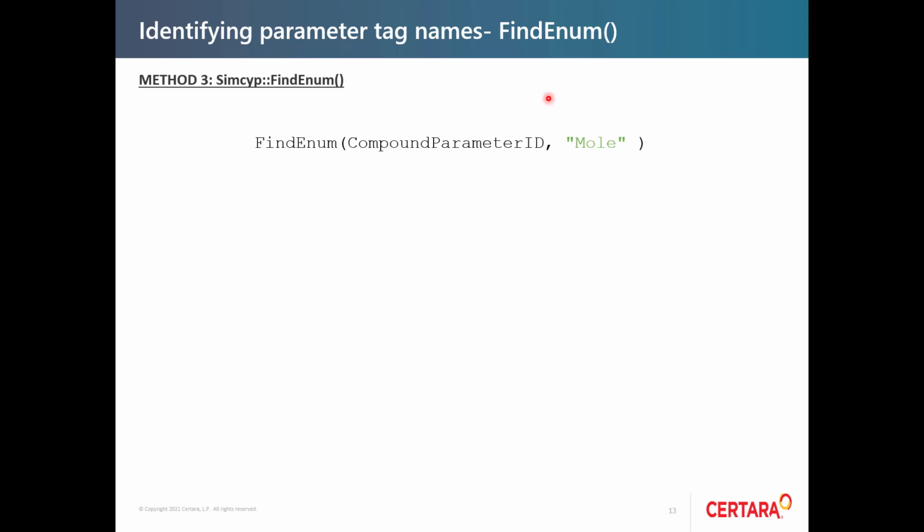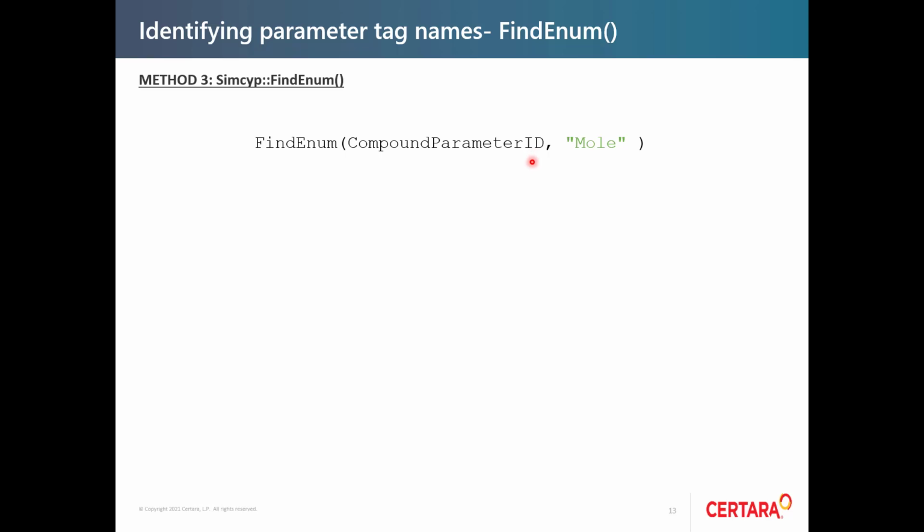Another way of identifying a parameter tag ID is by using the FindEnum function. For this function, assuming you were interested in knowing what the molecular weight tag is, we know the molecular weight is first of all found within a compound tab. So you need to first mention where you think this parameter is located. What object do you think this parameter will be situated in? So in this example, I have an idea that it is going to be found within the compound